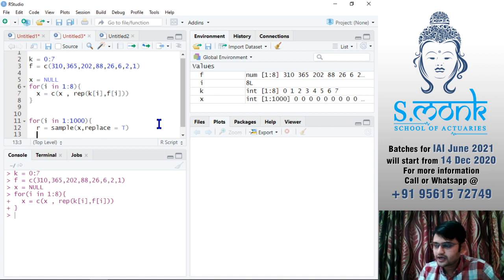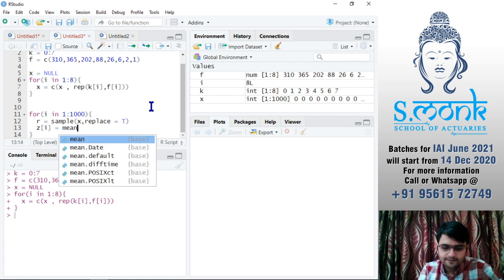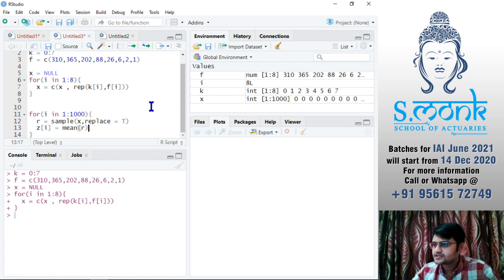So let's say Z will be equal to this. Assume that it is going to be a vector. So I'll say Zi, the ith value of Z, will be nothing but mean of R, so that I save all the means in one place. Okay, so first I'll have to define R and define Z before I use it inside.